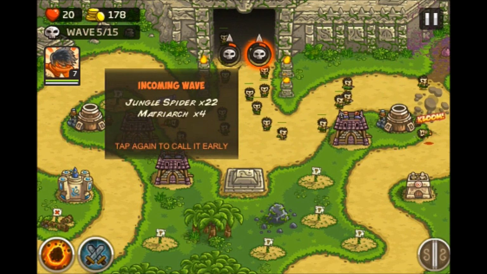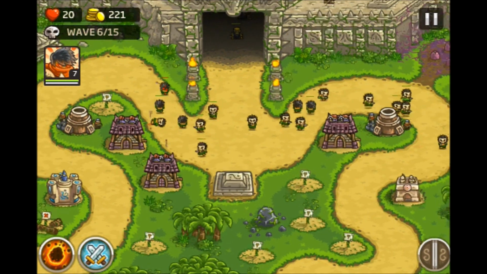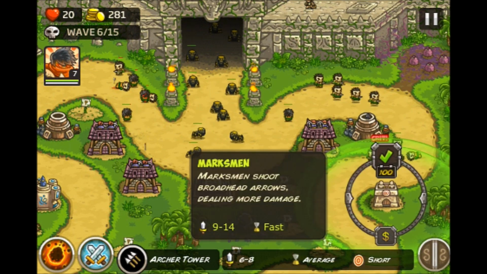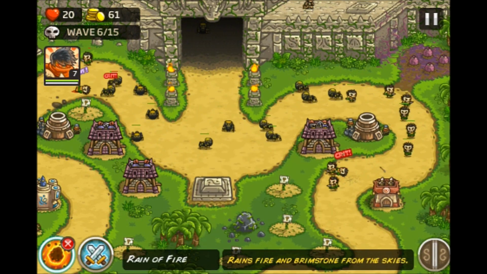Jungle Spiders and Matriarchs are coming out next, so I'm actually going to send out this next wave here. I don't know if it's the best thing to do to send it out really early like that, but I have a Rain of Fire. So what I'm going to do is use my Rain of Fire right on these guys